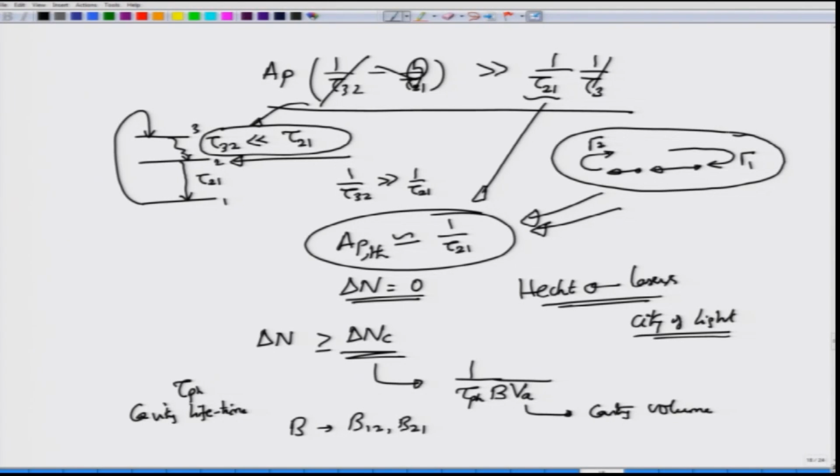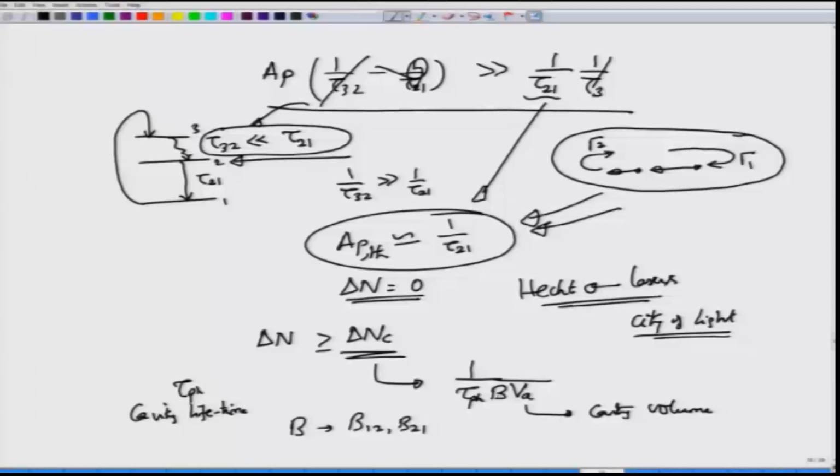So, it is not exactly tau 21, I am sorry. tau 21 is the characteristic time of the photon where it will drop down from energy level E2 to the ground level E1, and this critical value, which is also equal to the steady state value, surprisingly is something that is necessary so that lasing can happen. Okay. So, we have discussed these 3 level lasers.